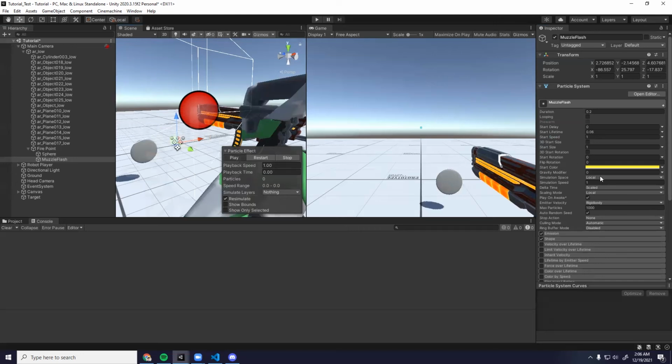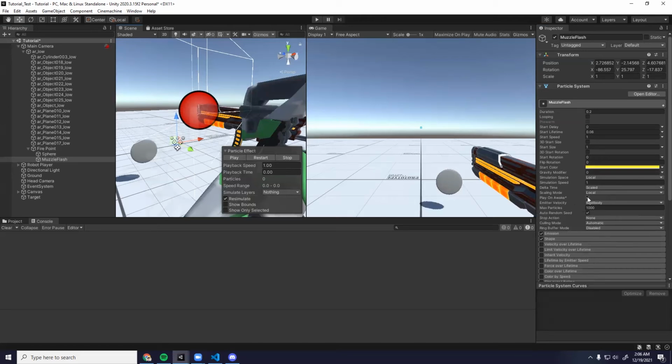We can go ahead and change the size to maybe something a little smaller. So we can make it like 0.2, or I guess we can just leave it at 1. It works pretty well. We can change the properties later on, of course, but moving on, we can go ahead